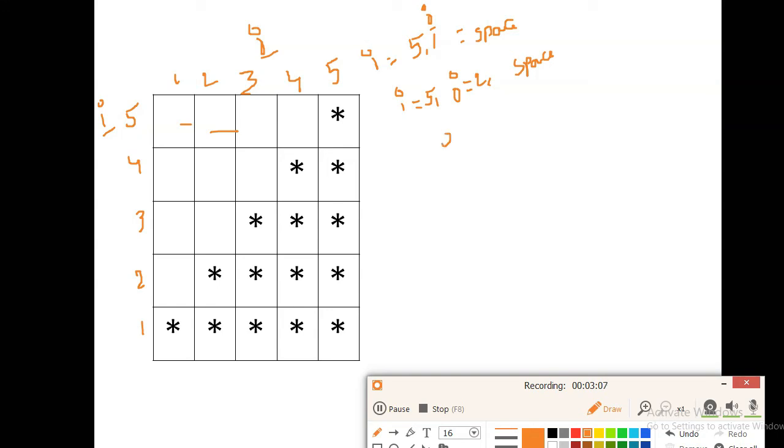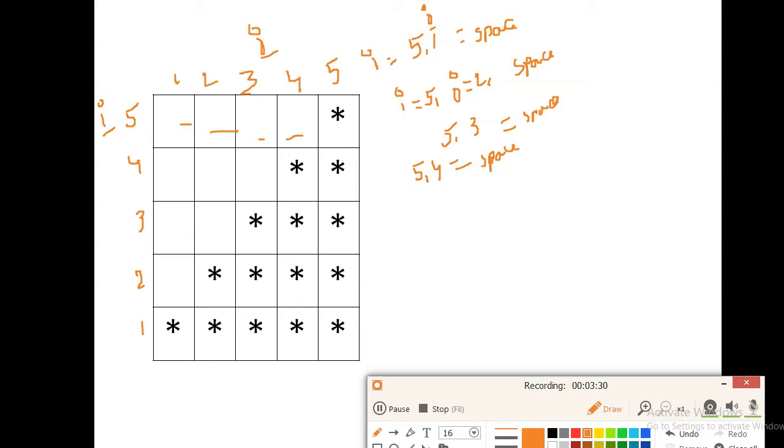So like this, 5 comma 3, same space. 5 comma 4, same space will be printed.